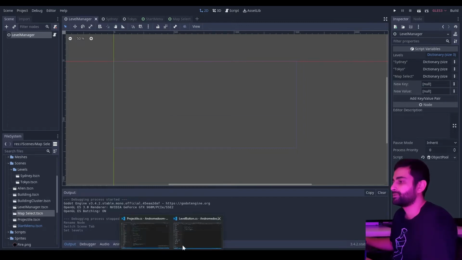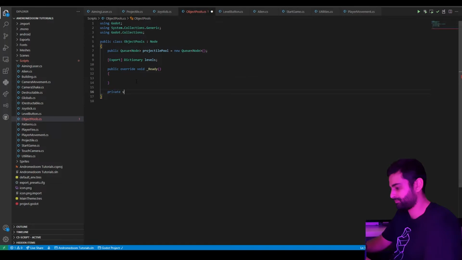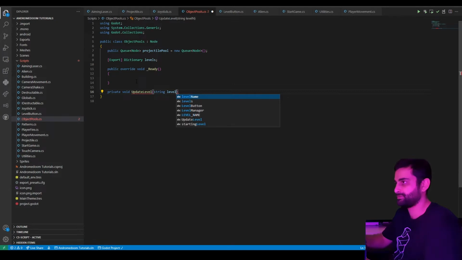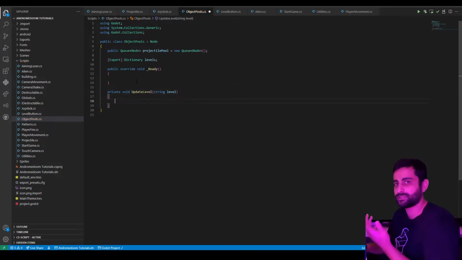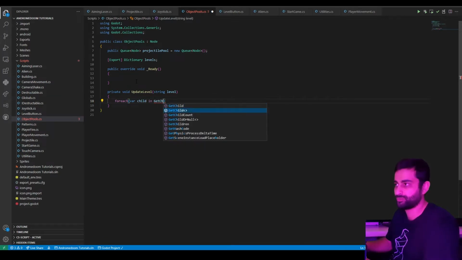So on our level manager script, which I have unfortunately called object pools, but I'll leave it for now. First, let's create a function called update level. And this will take a string parameter called level. First thing it does is it clears the level. So let's loop through just in case. Now there shouldn't be any more than one direct child node underneath the level manager, but just in case, we'll clear up everything. So for each get children,